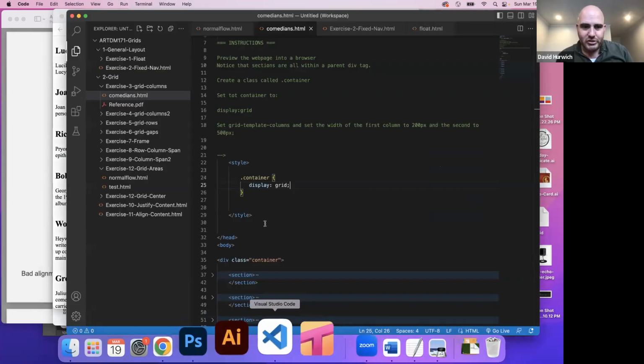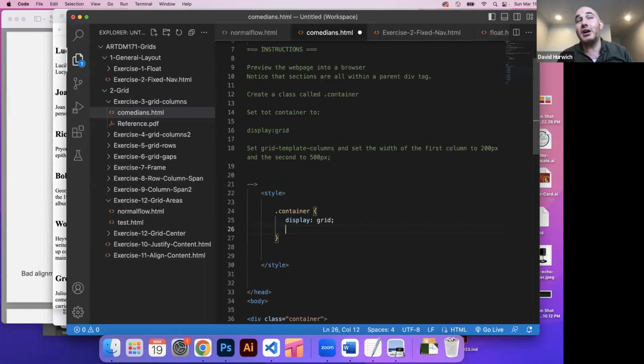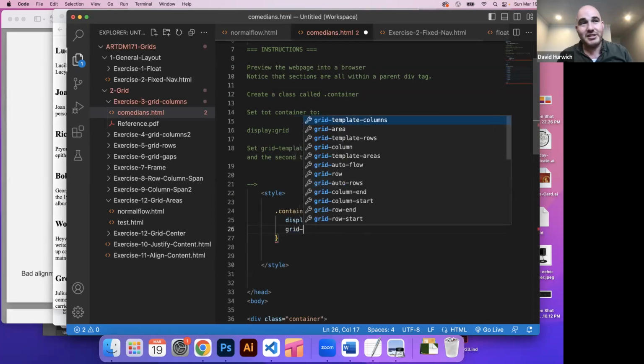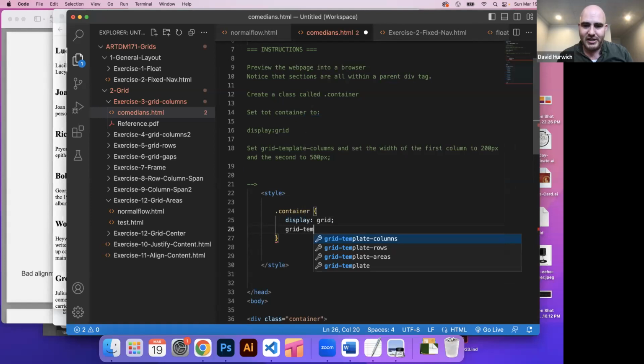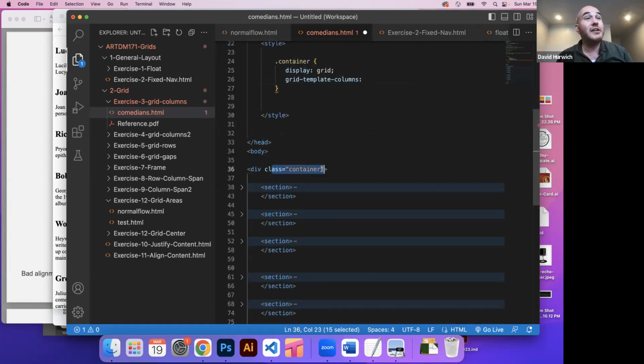Okay. What I'm going to do is, once again, you have to apply this to the container that's the parent of everything. I want to tell the browser how many columns I have. Okay, and the way I can do that is by using this CSS property called grid template columns. What this does is it will tell the parent how many columns there are, and then each item will then conform to that many number of